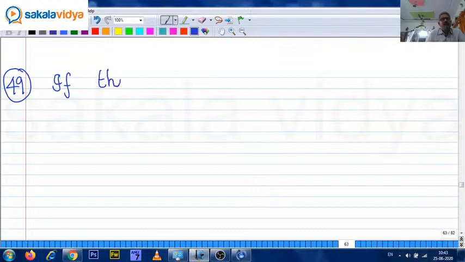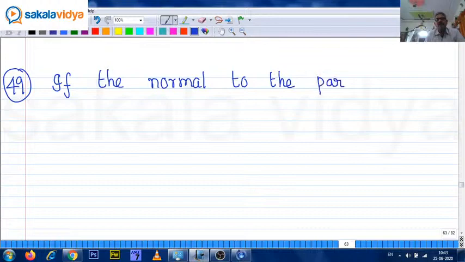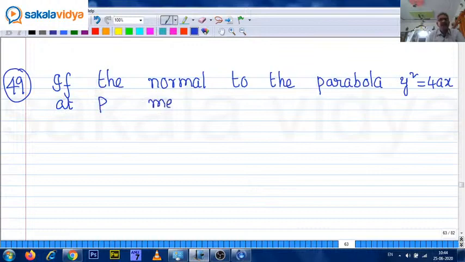If the normal to the parabola y square equals 4ax at P meets the curve again at Q,